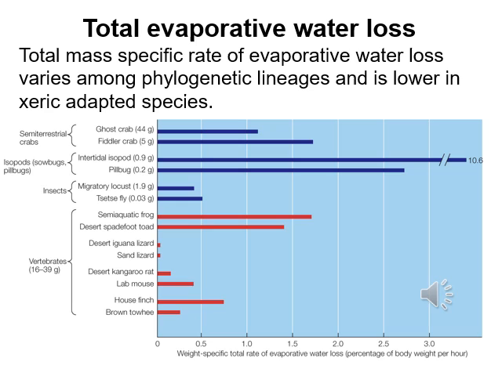The total mass-specific rate of evaporative water loss varies among phylogenetic lineages and is lower in xeric or dry adapted species. This is a figure from your textbook of mass-specific rates of evaporative water loss for different types of animals that live in both dry and moist environments. The top two groups are both crustaceans. Ghost crabs are very terrestrial and they have fairly low rates of evaporative water loss. Fiddler crabs are semi-terrestrial, coming in and out when the tide goes down, and they also have fairly low rates